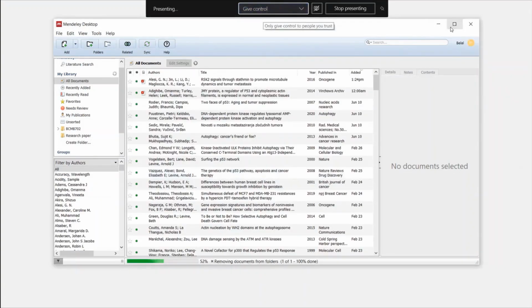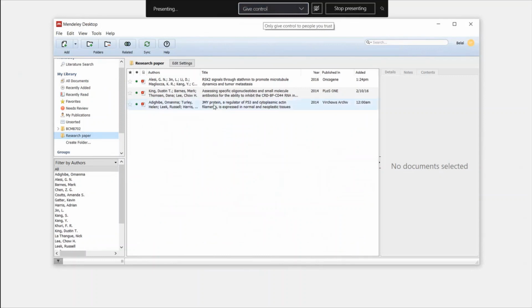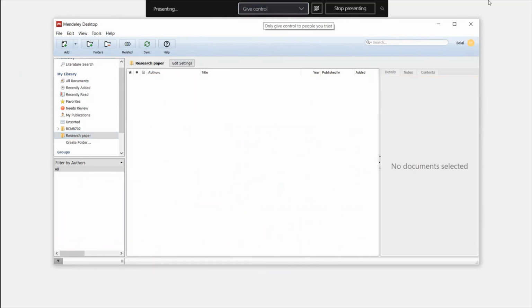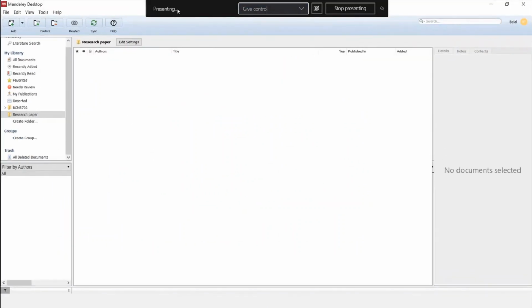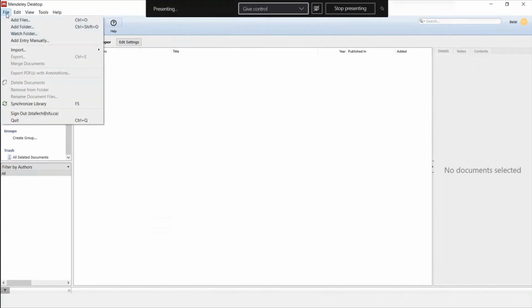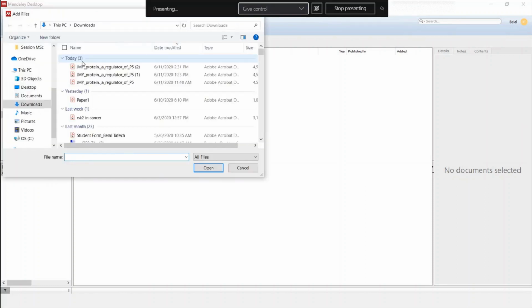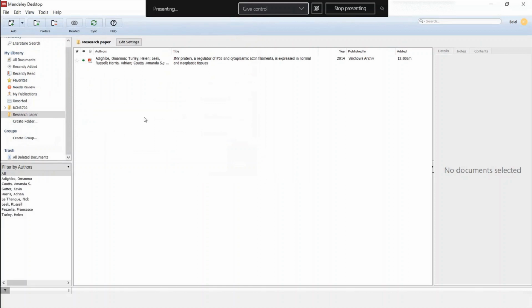So I have some papers inside, but let's assume you still don't have any papers. It's going to delete all the papers. Okay. So if you remember, we've downloaded a paper. So now I'm just going to add this paper here. So this is our paper. Add it. So let's say we use some information from this paper. We used some ideas, and we included it in our